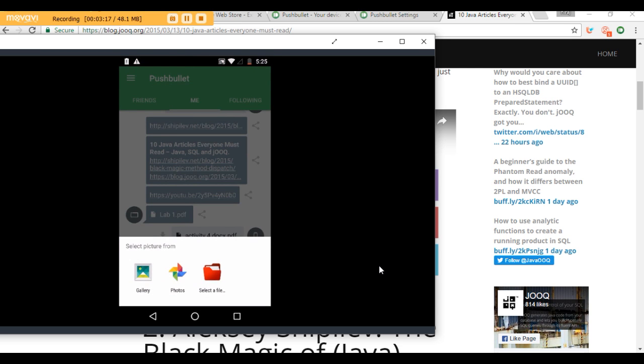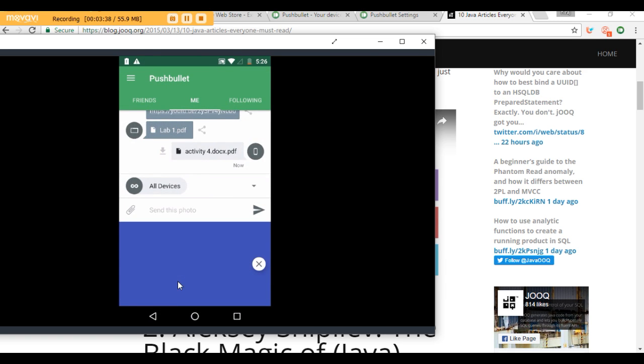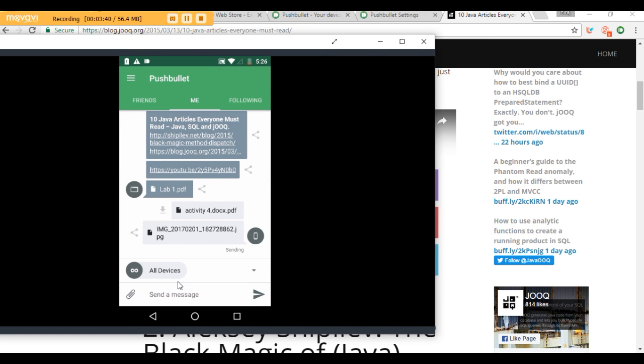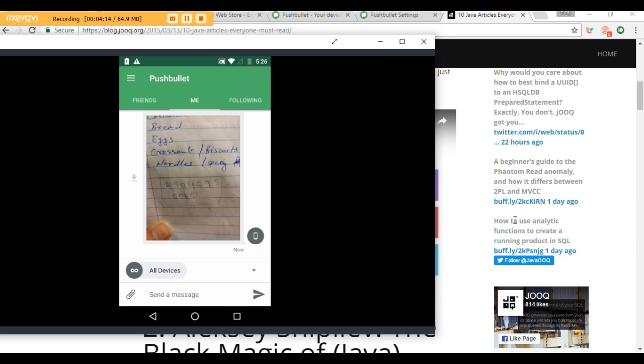And suppose you want to send a picture, so you can just click on the attachment icon, click on send photo, and you have the option to go into your galleries, select the file you want to send and hit send, and the image will be sent. Again, you can see you have the title, the description. If you click on it, it will automatically open it in a new tab. So I will cross it out,